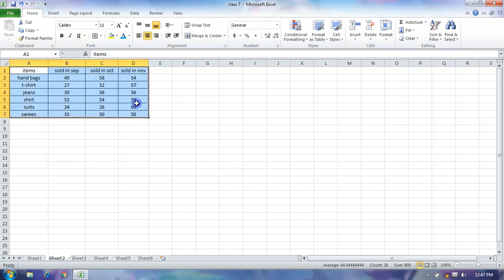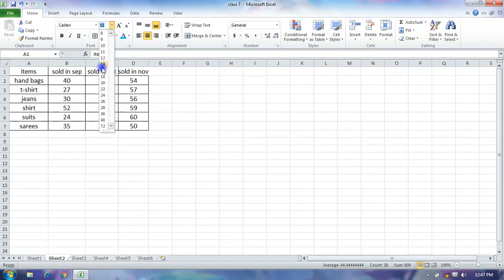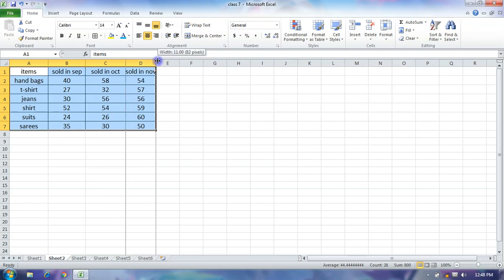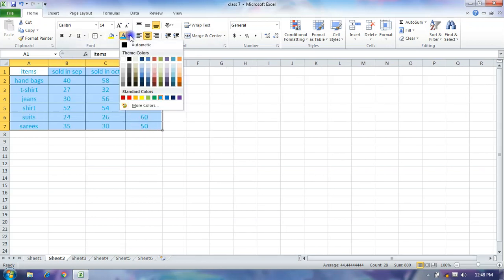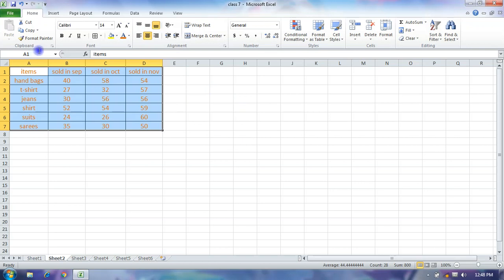Now you can increase your font size. If you want to change the color, change it from here. If you want to bold it, bold it.